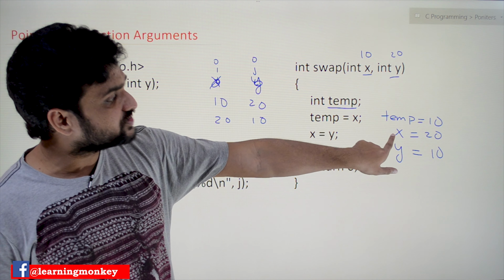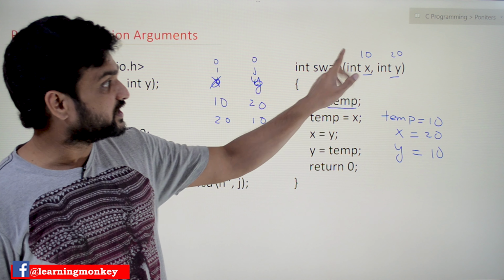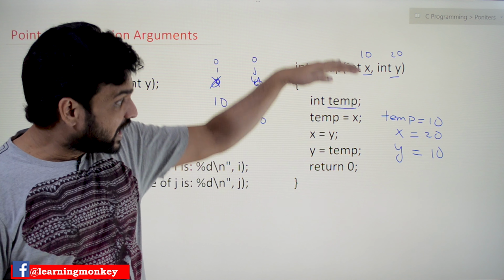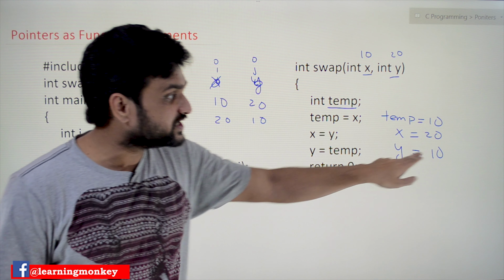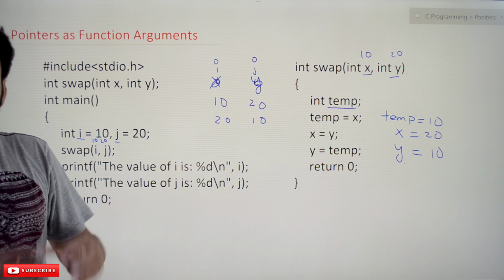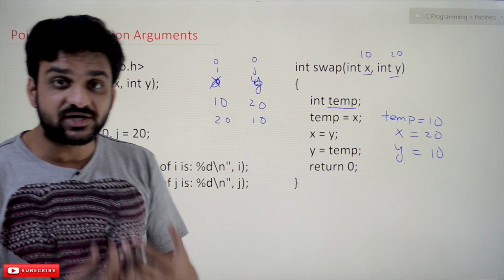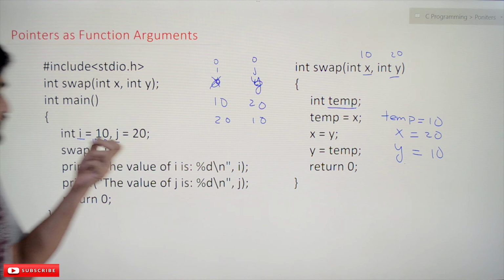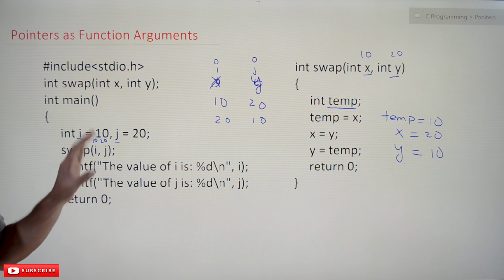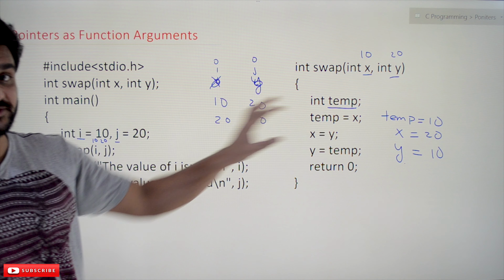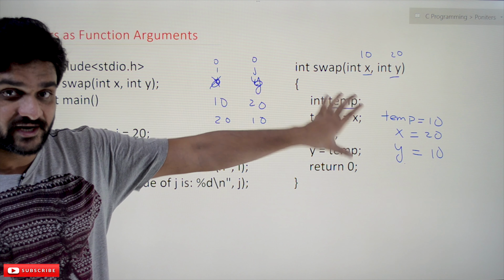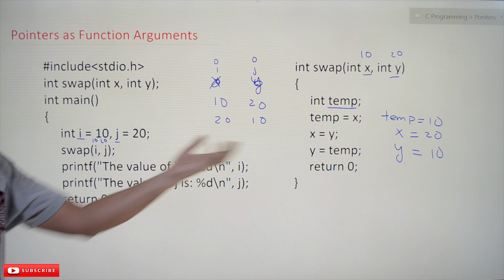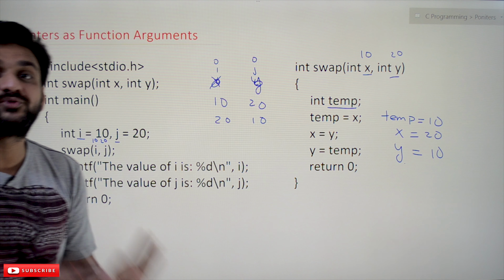So what are the values of x and y now? When the function is called, the value of x is 10 and the value of y is 20. After executing this function, the value of x is 20 and the value of y is 10. We are swapping x and y, but we want our program to swap the values of i and j. If a separate function has to be created to swap the values of i and j, a program like this is not possible,